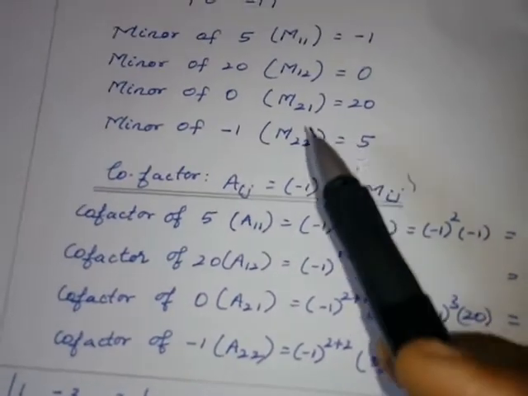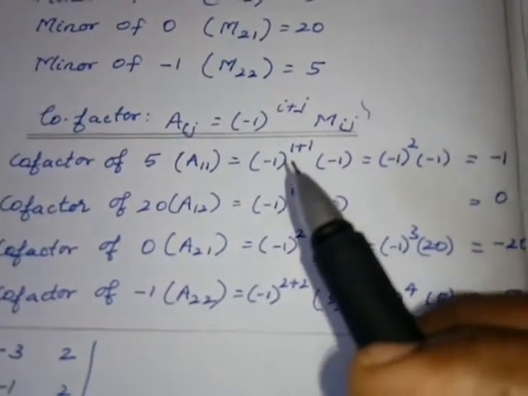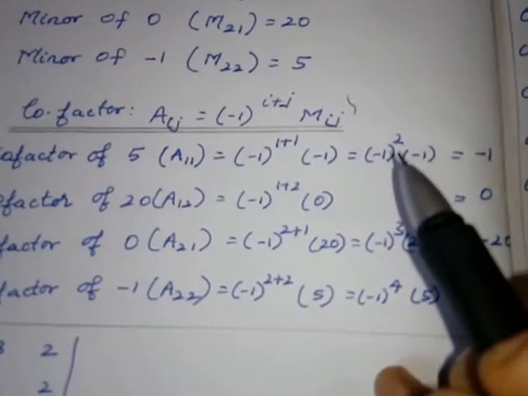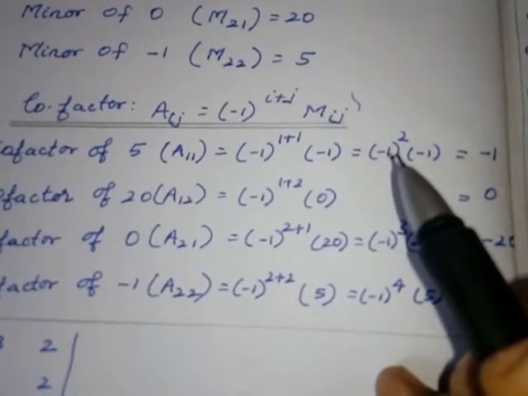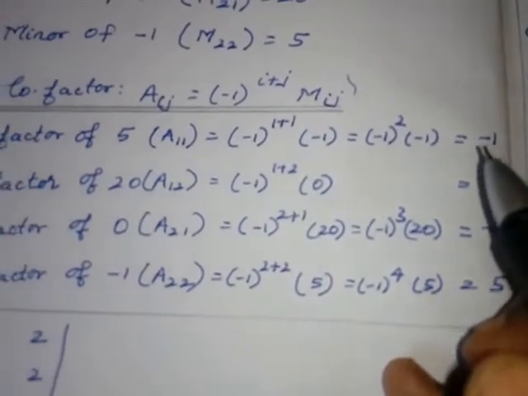Mij, first row first column. It is minus 1. So you have to substitute minus 1. Minus 1 whole to the power 2. 1 plus 1 is 2. Minus 1 into minus 1 it is plus 1. Plus 1 into minus 1 is minus 1. Next